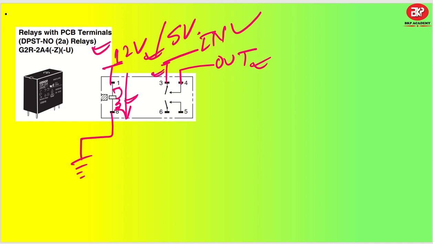and this is my output line connected to pin number 4. So when the relay is not excited, this pin number 3 is not connected to pin number 4 and this path is not complete. Got it? Now once it gets excited by connecting this 12-volt supply, then this will go and get connected here. Similar to that, let us say this is my another input 1 and this is my output 1. So what will happen? This will also get connected here. So pin number 6 will get connected to pin number 5 and the path will get complete.